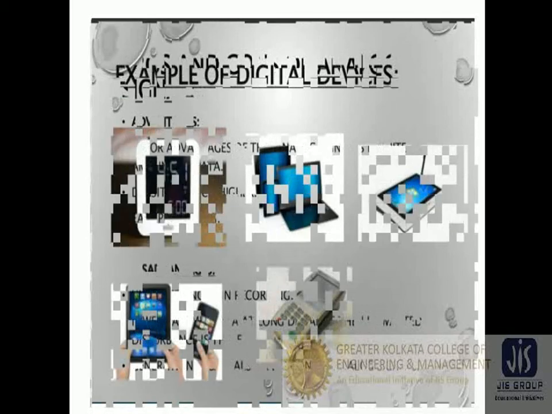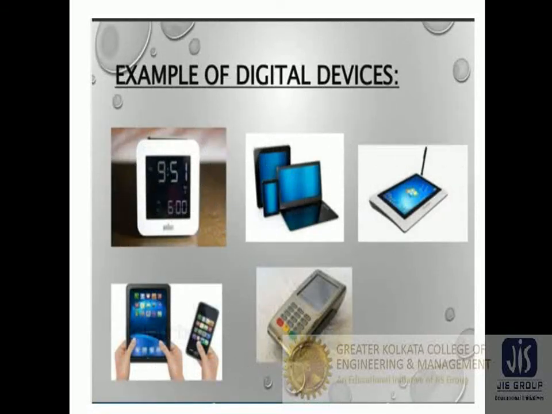Now let's move to examples of digital signal devices. We can see a digital clock, laptop, desktop, iPad, or swipe machine. These are all examples of digital devices. We are talking about the digital watch. A digital watch, you can see over here,